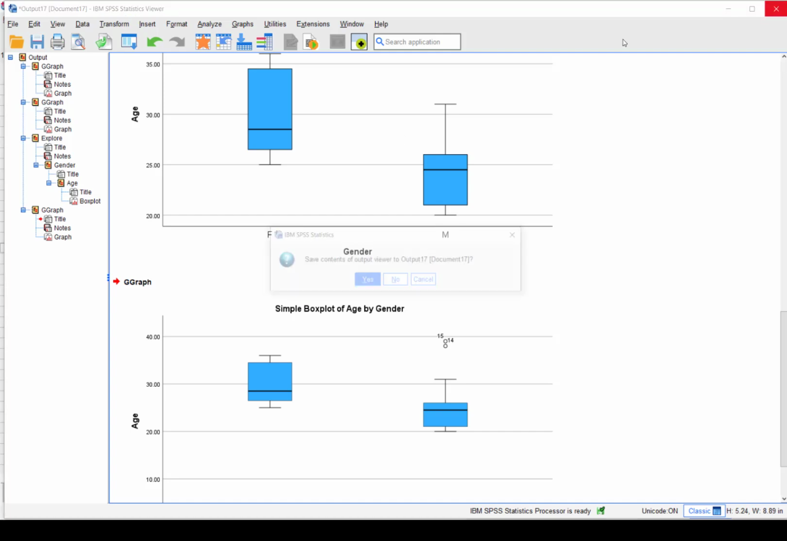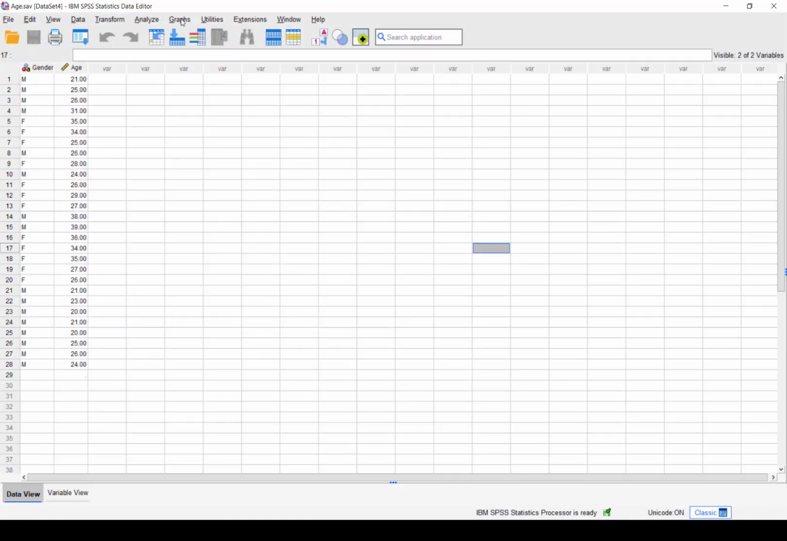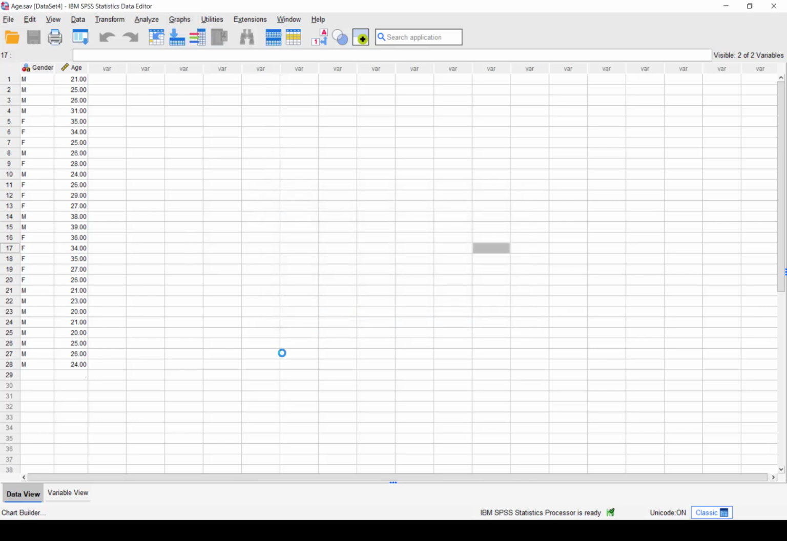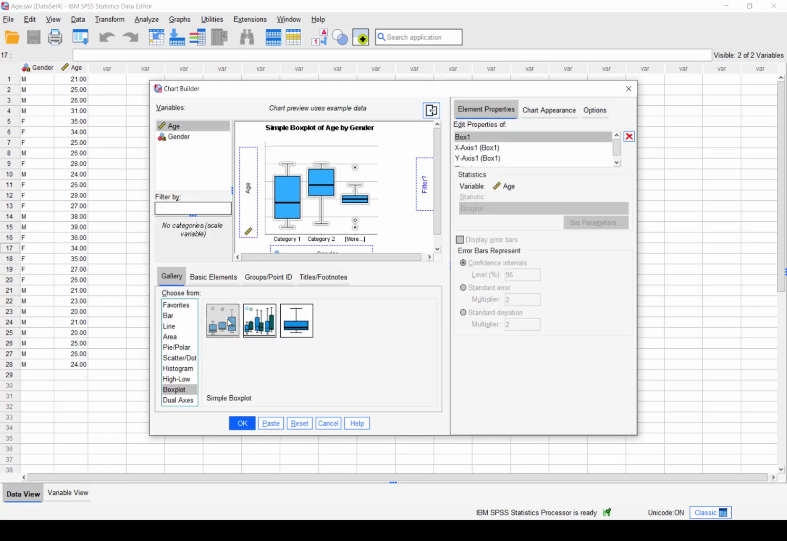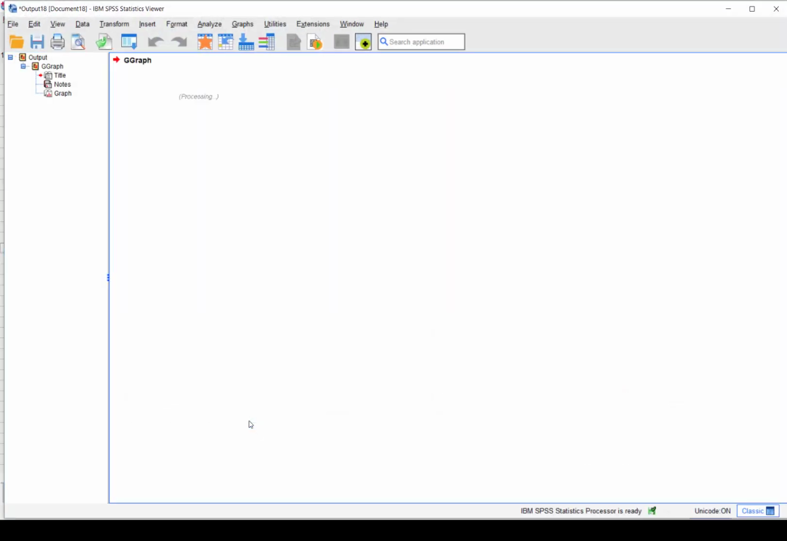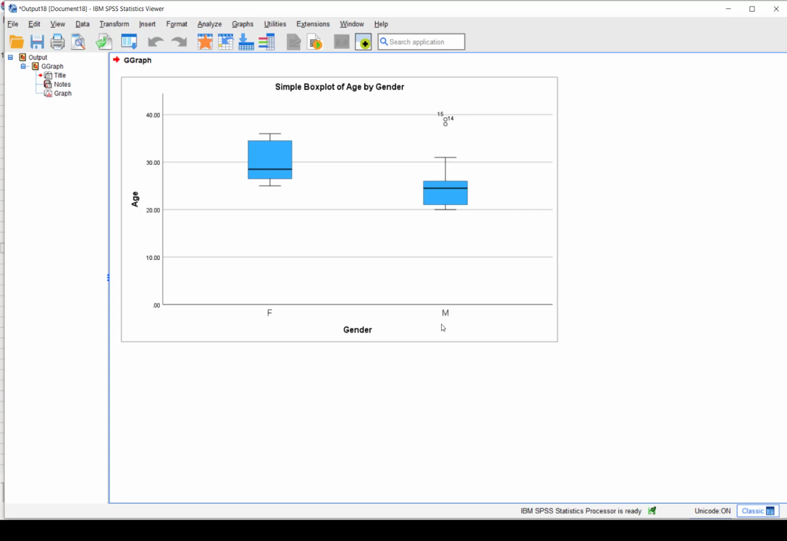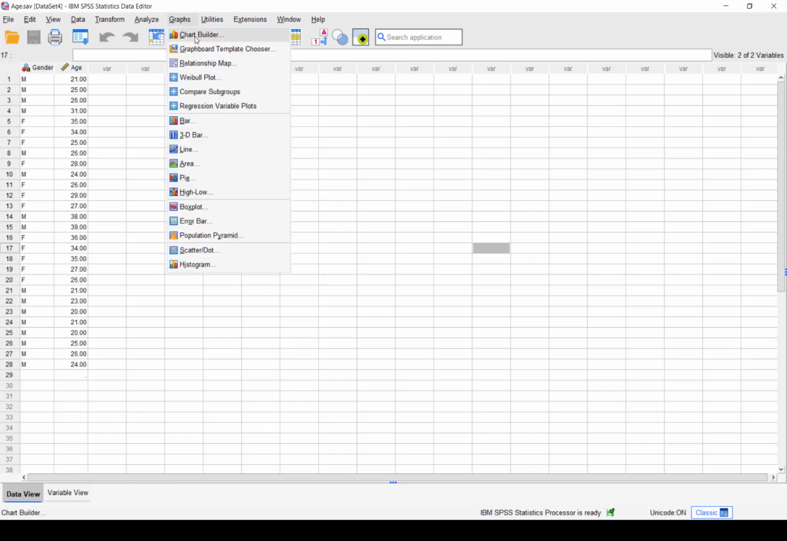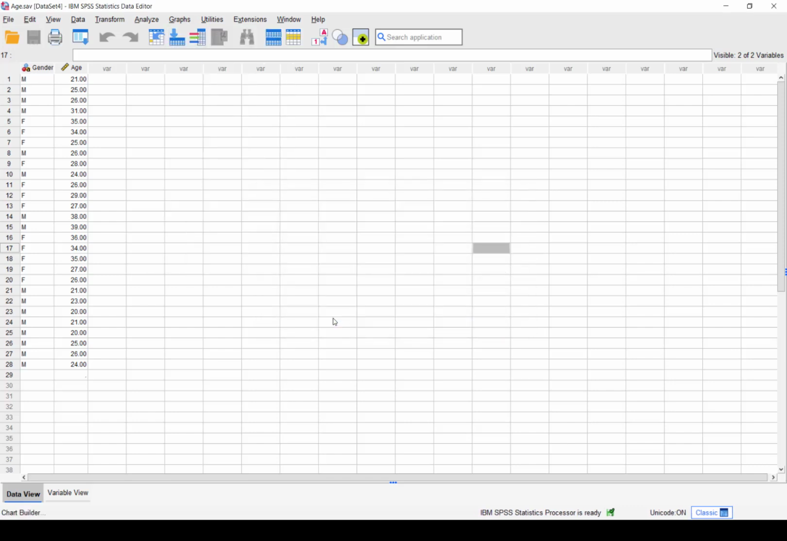So let's repeat that one more time. Let me close this. So graphs, chart builder, simple box plot, drag the age here, drag the gender over here, click OK, and we have the box plot. And you can see this is for male, this is for female, and the male, the 14th and 15th values are outliers. Okay, let's go back there, but this time, instead of choosing the simple box plot,